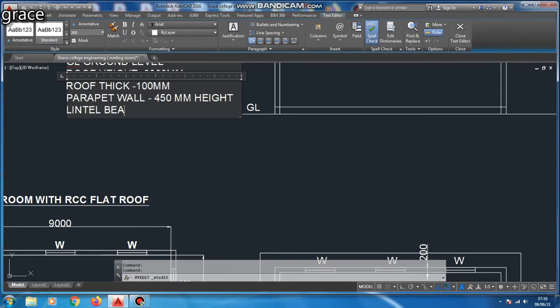Height of the parapet wall is 450 mm for our given diagram. Next, lintel beam height and lintel beam thickness. So lintel beam height is 2100 and lintel beam thickness is 150 mm.